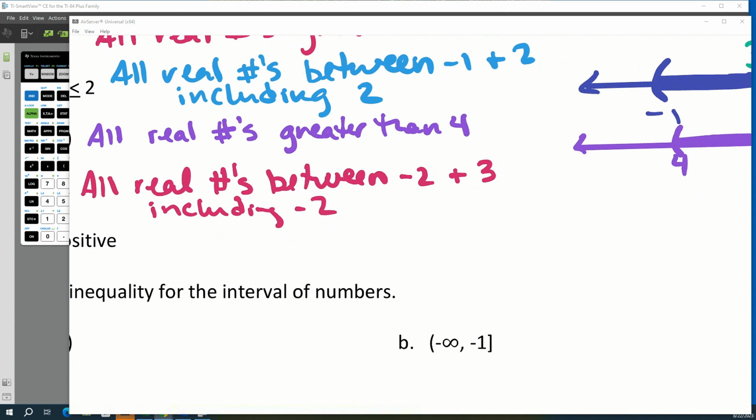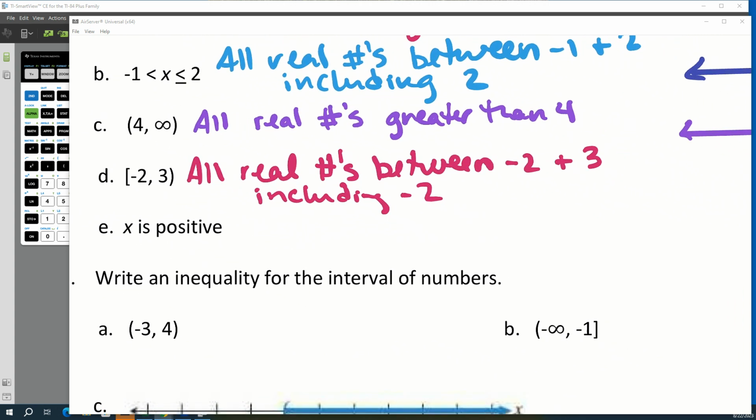Which one? X is positive? Nope, D. Do the graph on your own. Oh, like